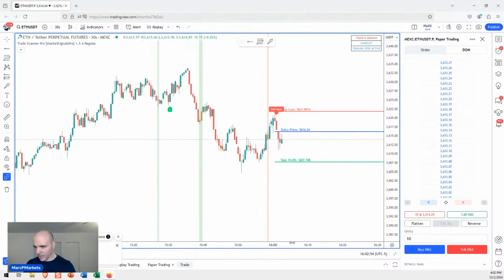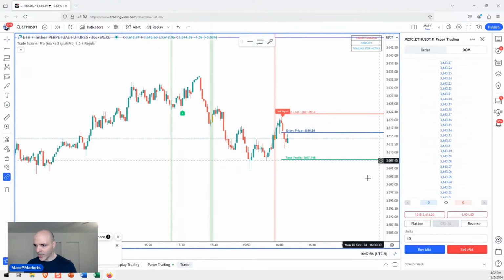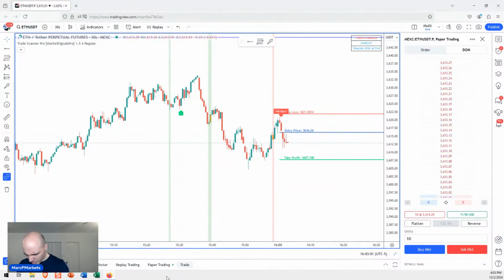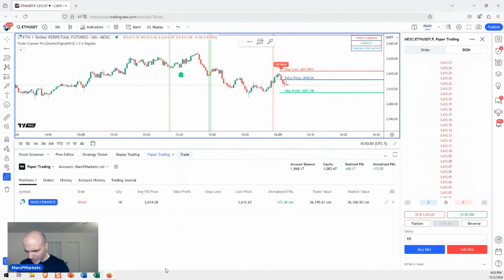And I'm being charged a commission. So I can do basically, now why 10? I'll tell you why. Because if we look at my account value here, I reset this account to $1,000. Now this is paper, it's not real, but I chose $1,000 because that's a realistic amount for most people, right?